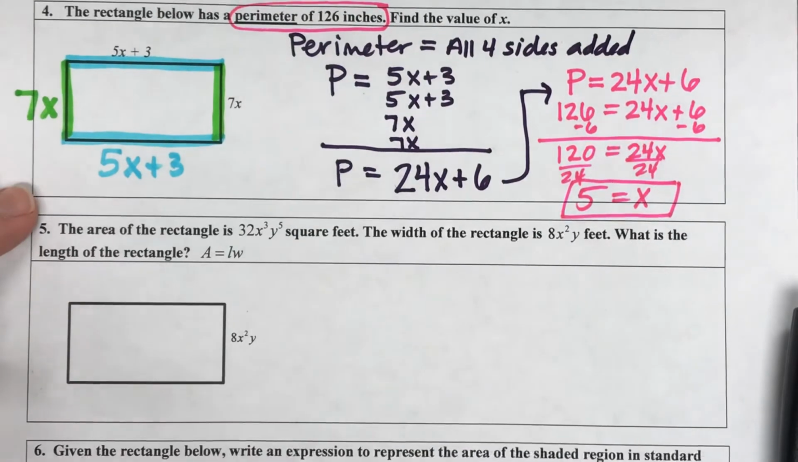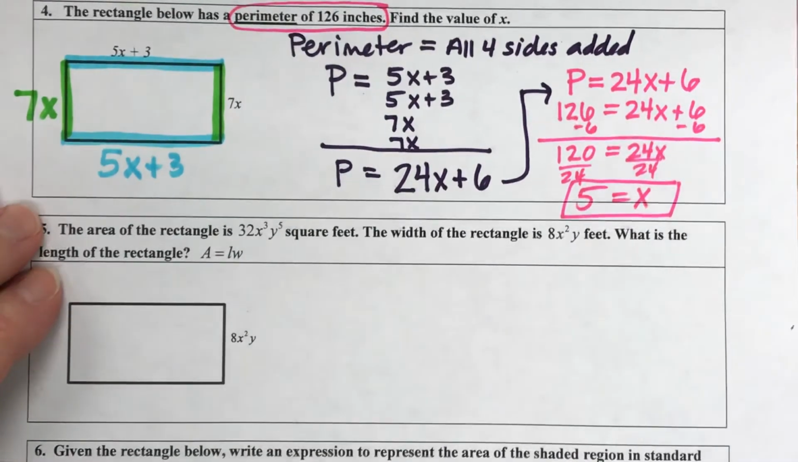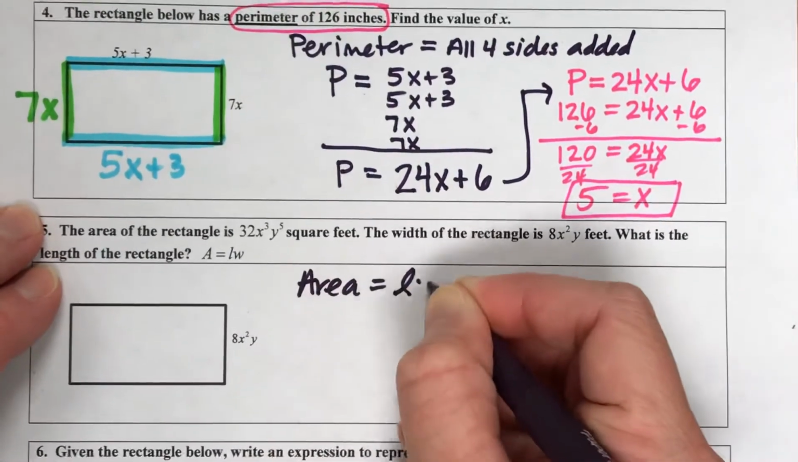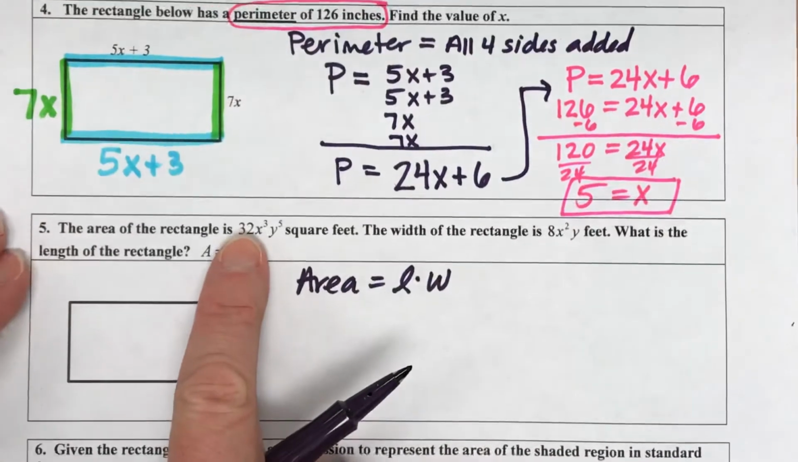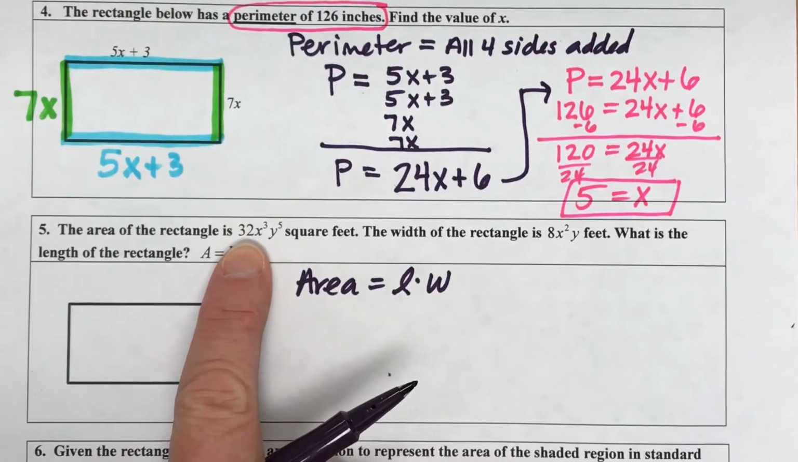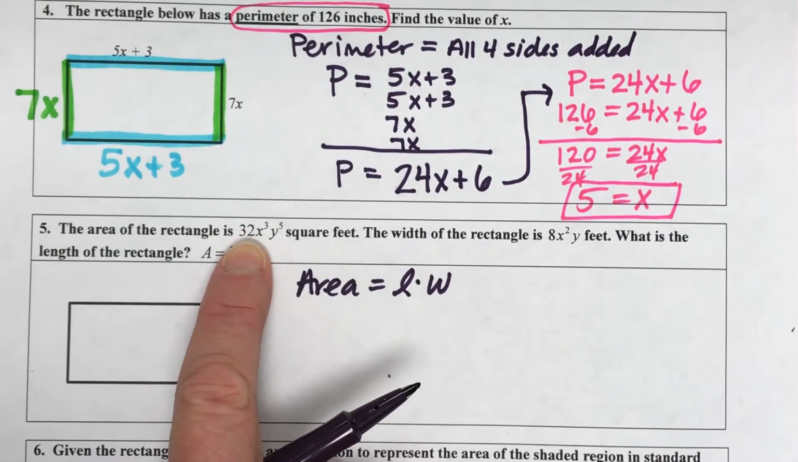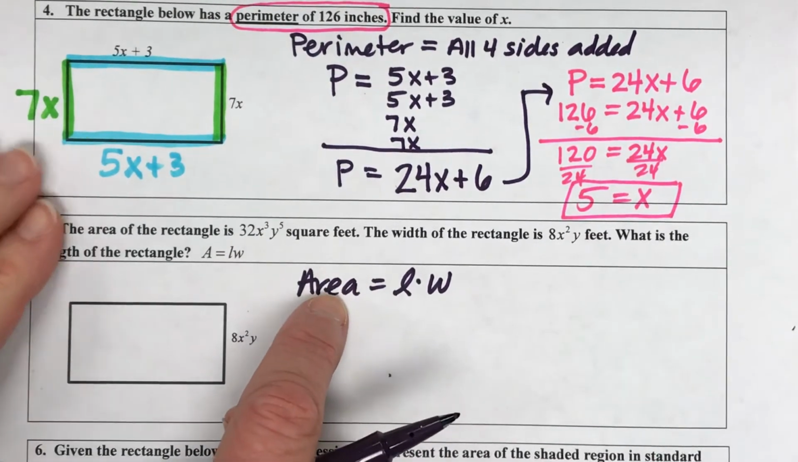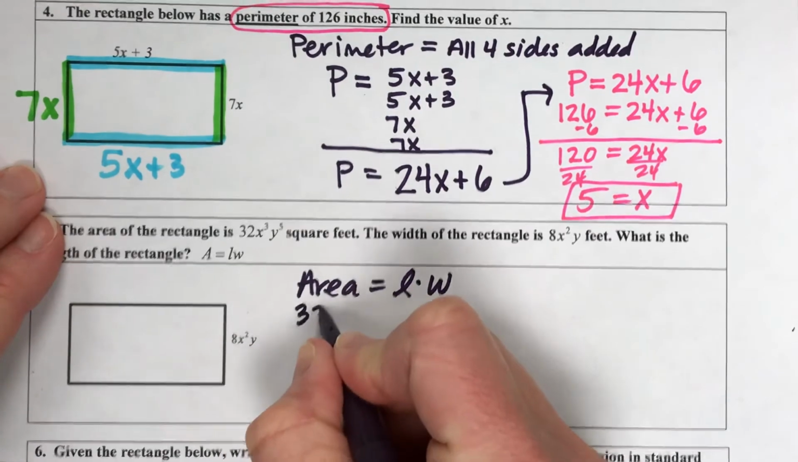Now I'm going to do one more example here, but with the area of a rectangle. And the area of a rectangle is equal to length times width. And what they tell me here in the reading is that the area of the rectangle is 32x cubed y to the 5th. And what I'm going to do is plug that in for the area of my function